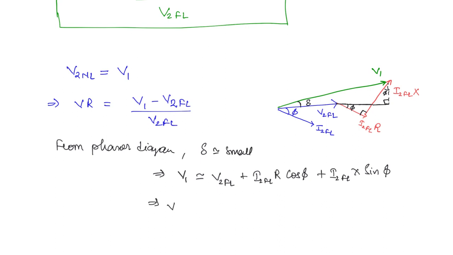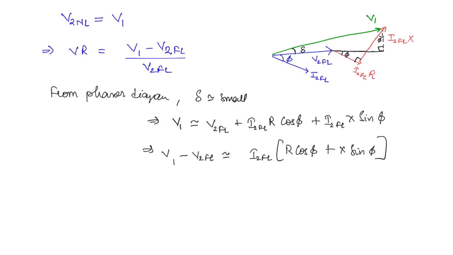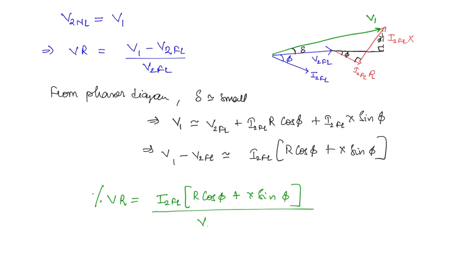So what will be V1 minus V2FL? This is approximately going to be equal to I2FL, you can take out common, R cos phi plus X sin phi. Okay. So now what will be the voltage regulation? You can write the percentage voltage regulation. It is going to be I2 full load current into R cos phi plus X sin phi divided by V2